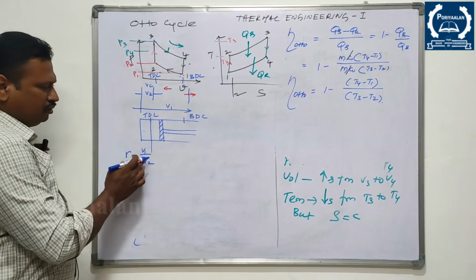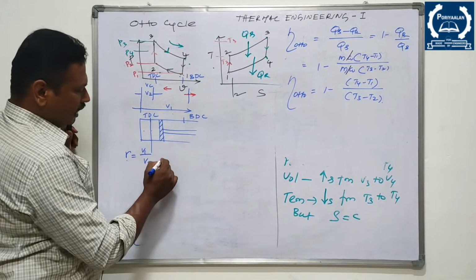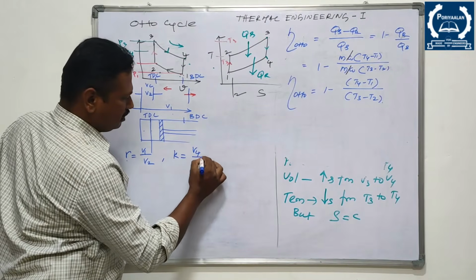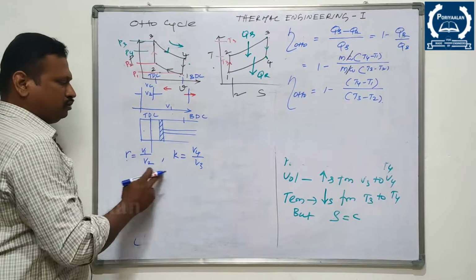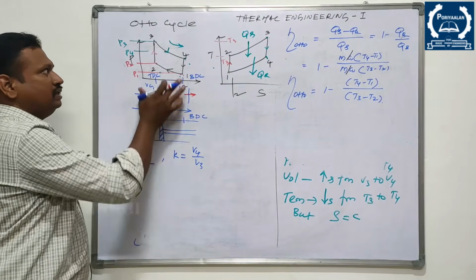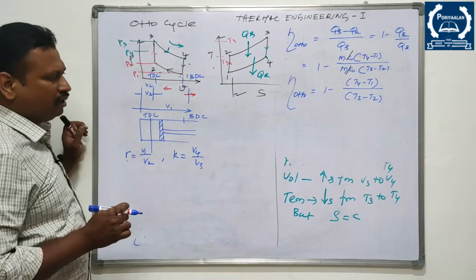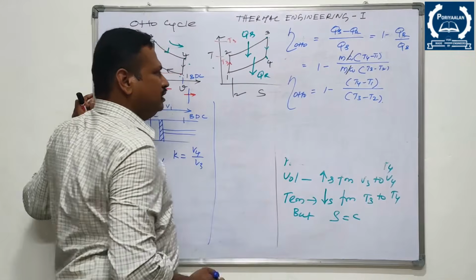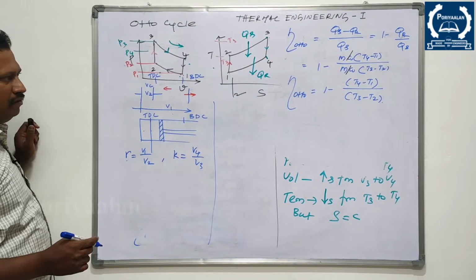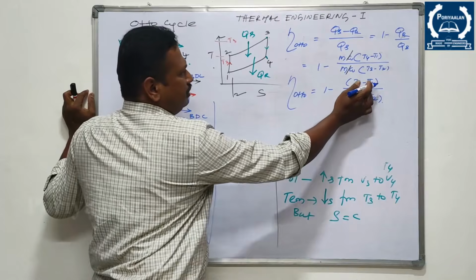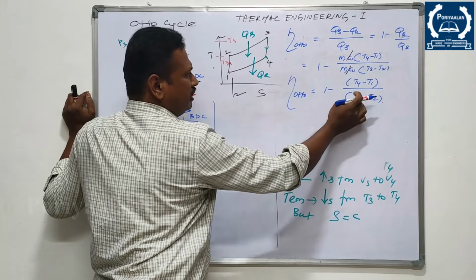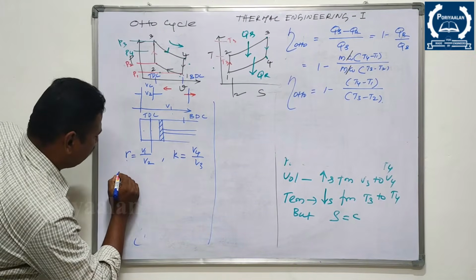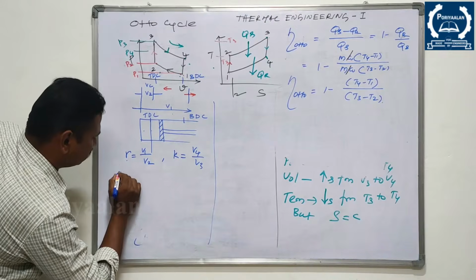R is compression ratio, total volume by clearance volume. Likewise, K is expansion ratio, right? That is V4 by V3. Both ratios are equal in this Otto cycle, right? So what I am going to do now is replace all these temperatures with the compression ratio, right? I will write T2 in terms of T1 and compression ratio, T3 in terms of T4 and compression ratio. So during the isentropic process 1 to 2, I am going to write the